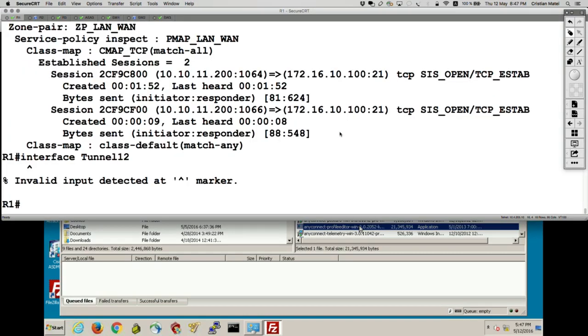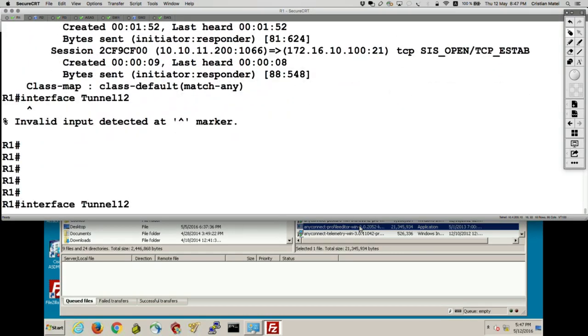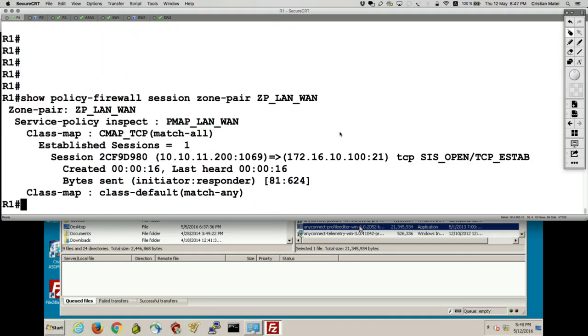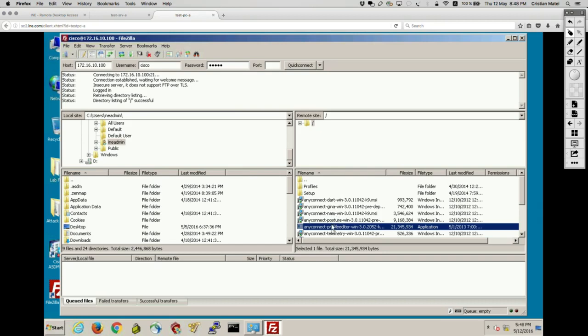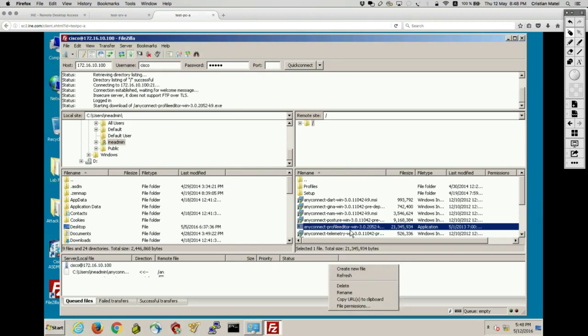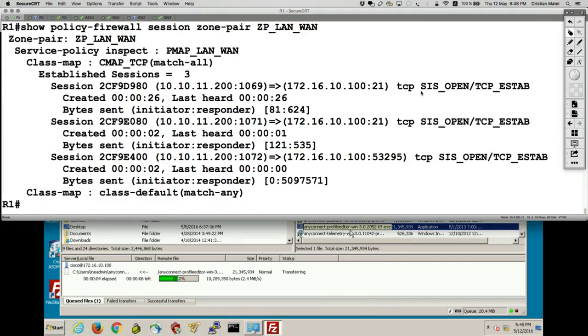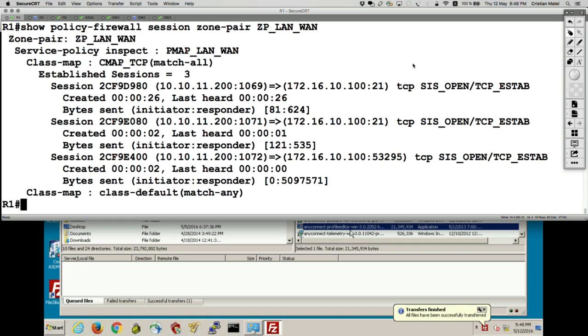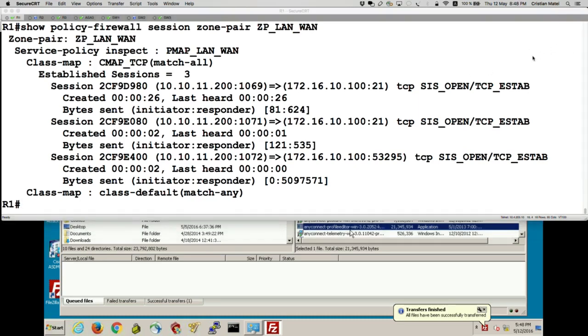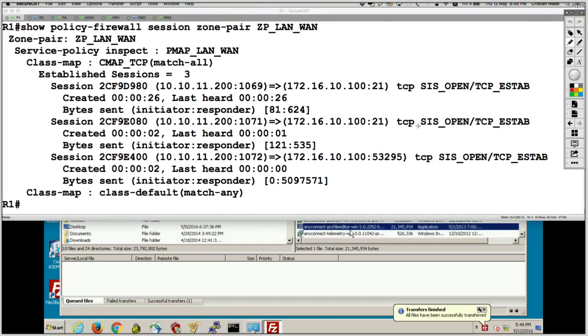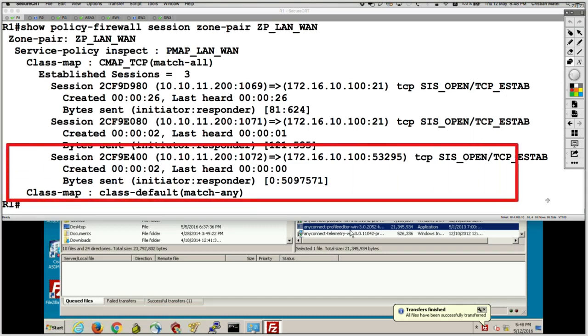And let's prepare in here the command to see the transfer session in the state table, in the sessions table of the zone-based policy firewall. So let's right click and say download. And as you can see, I'm running in passive mode, because this is the data plane session, the transfer session,